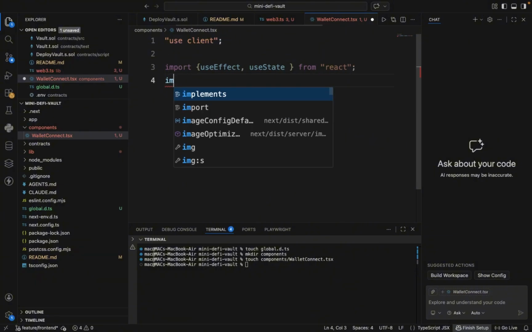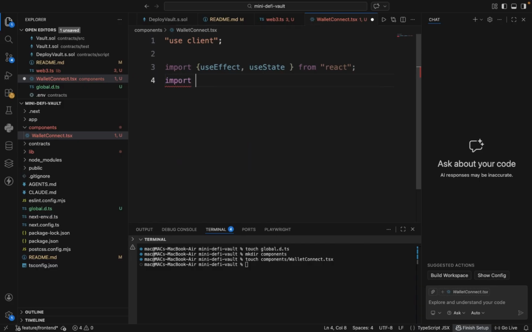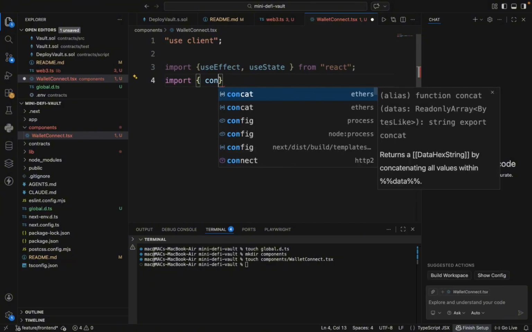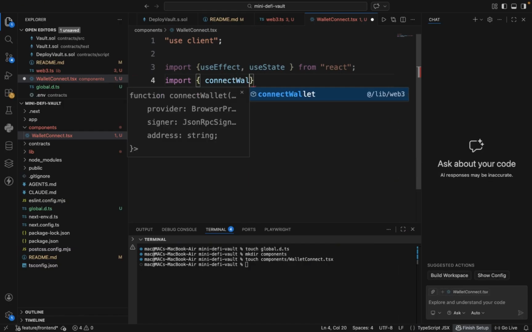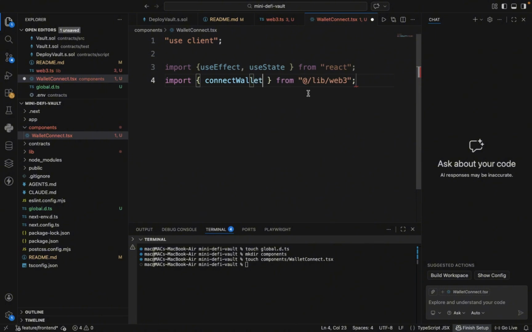Then next, import connectWallet from the library. So sorry, import connect wallet. So after importing connect wallet,